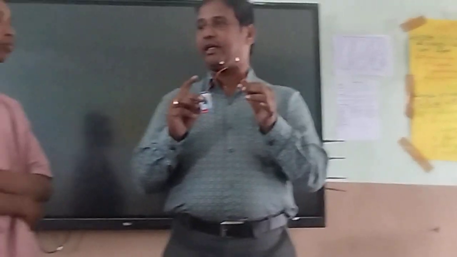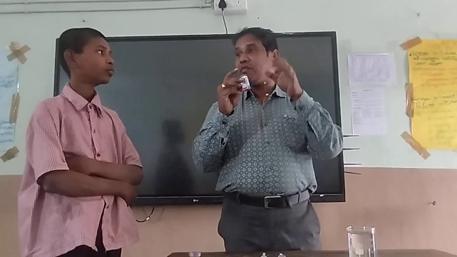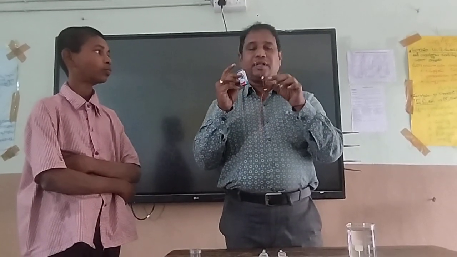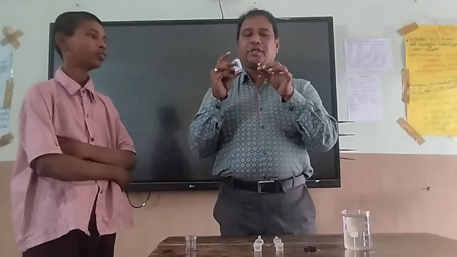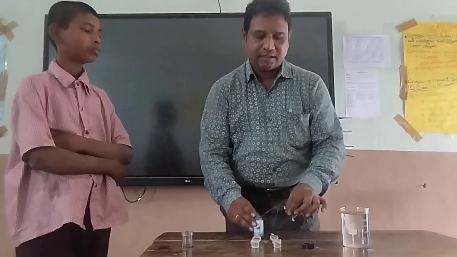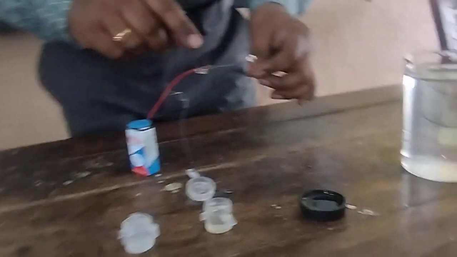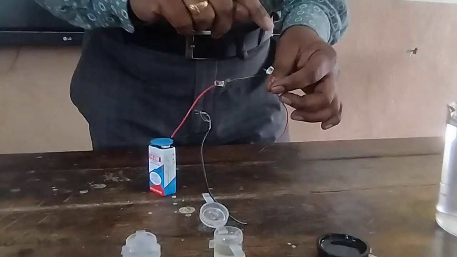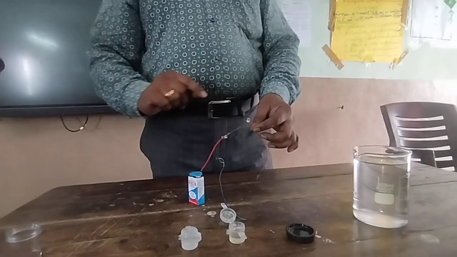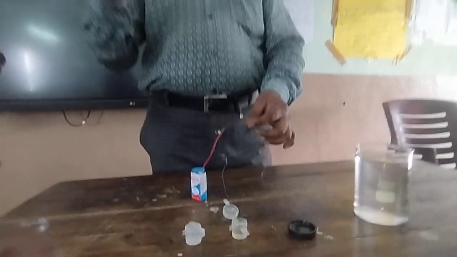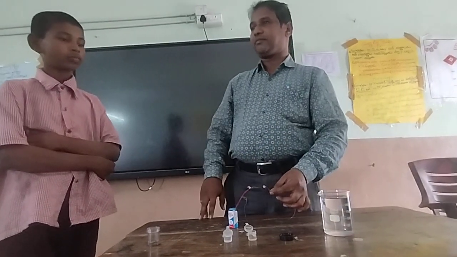So what do we mean by series here? An LED has two terminals: one is a long wire and the other is shorter. The longer one is positive, the shorter one is negative. Let us observe the two LEDs connected such that the negative of the first one is connected to the positive of the second one. If we go on connecting in that manner, we call it a series connection.